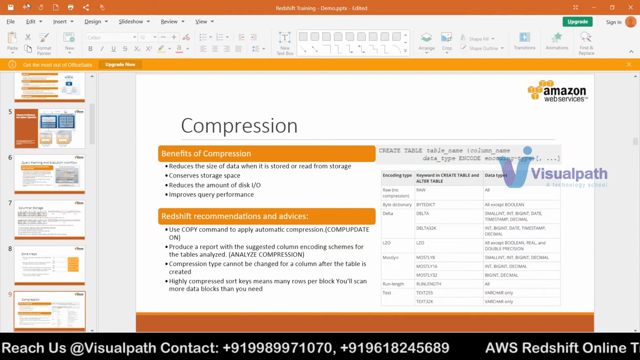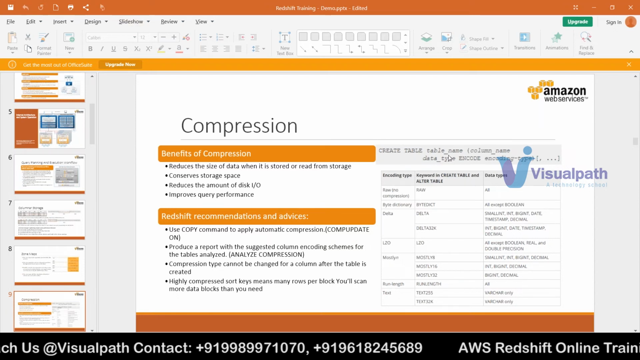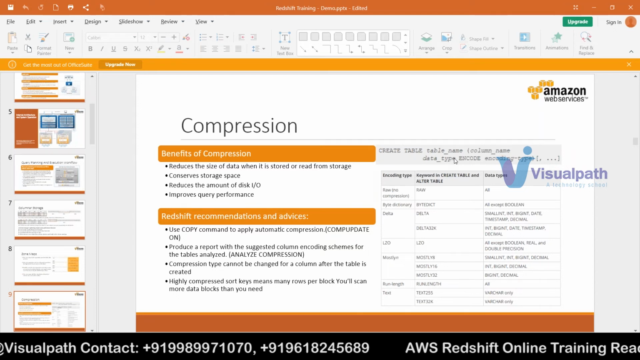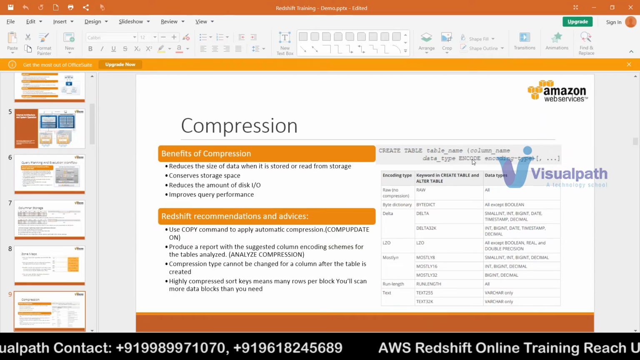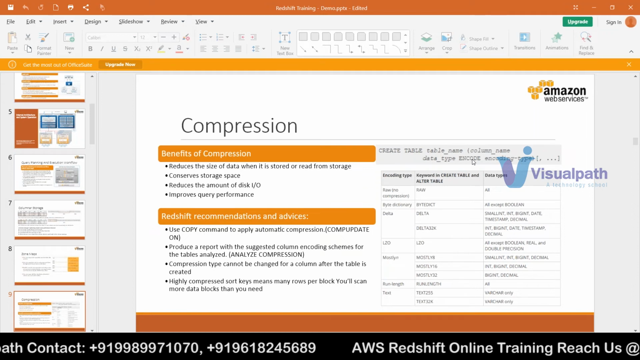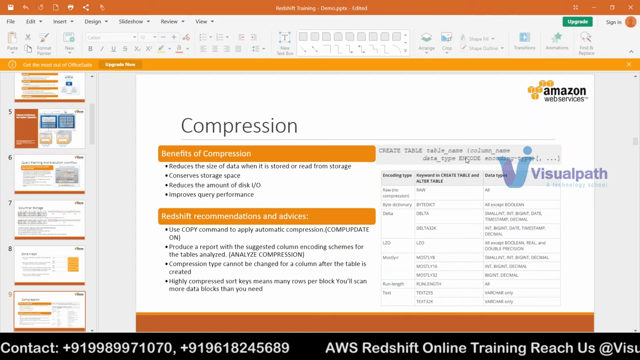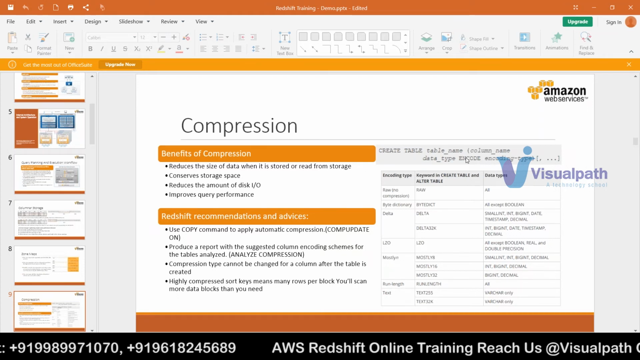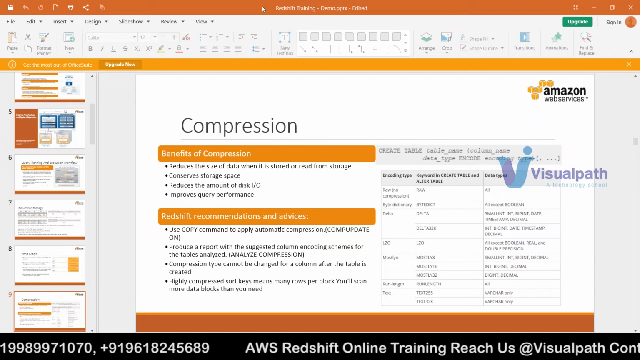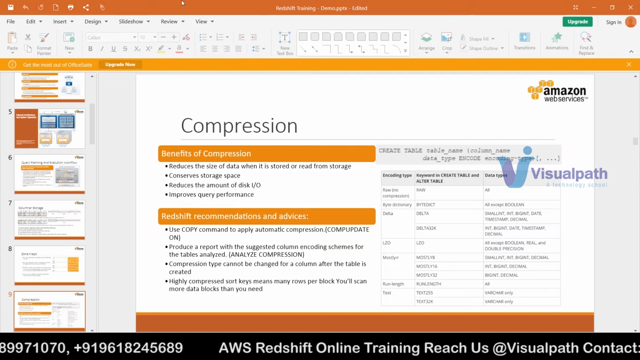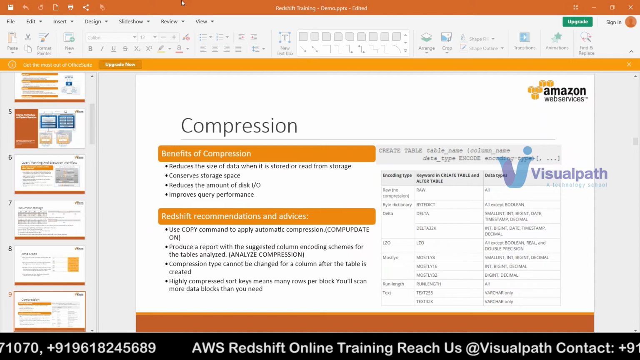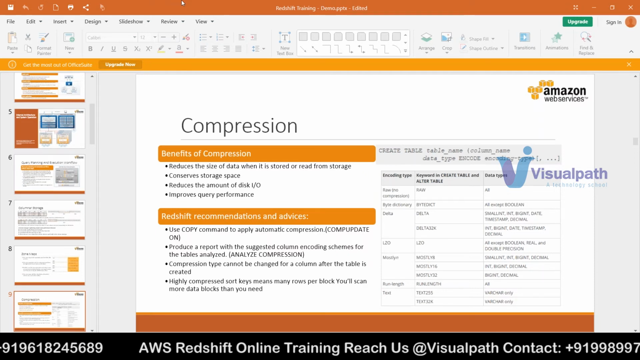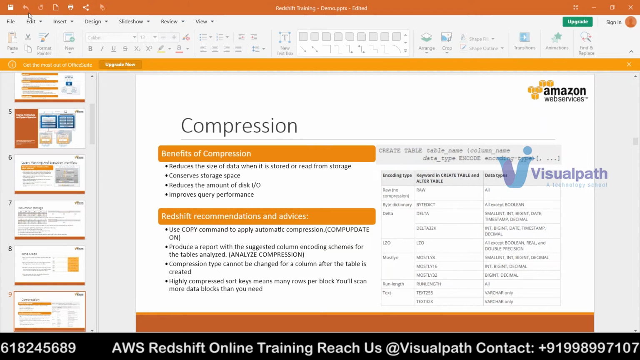When do we define compression? See here: create table, table name, column, data type, and encoding. Here the term encoding actually means the compression. In other databases we use the term compression, but here we use the term encode. Encoding means the compression. So for example, you see,